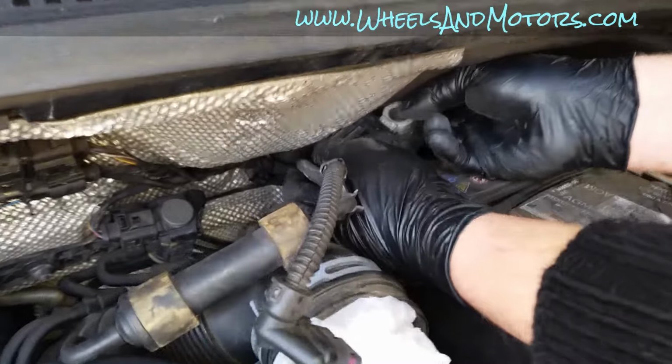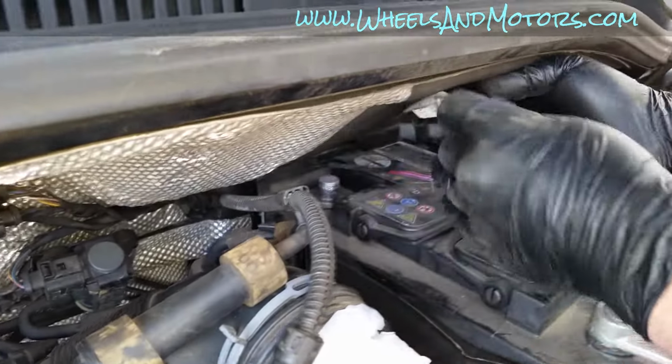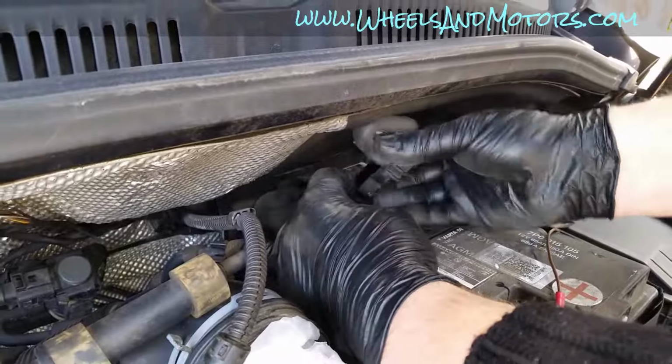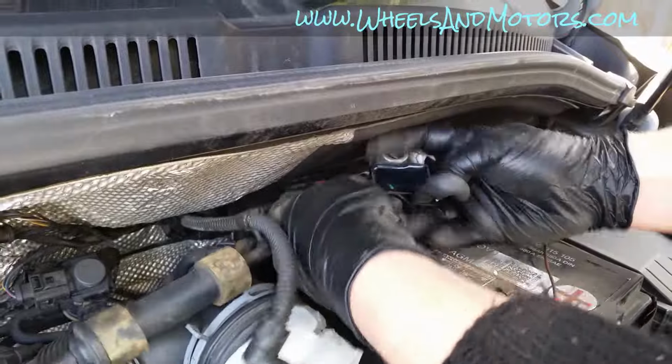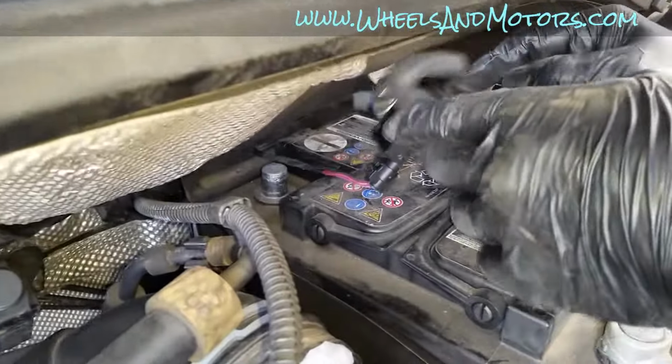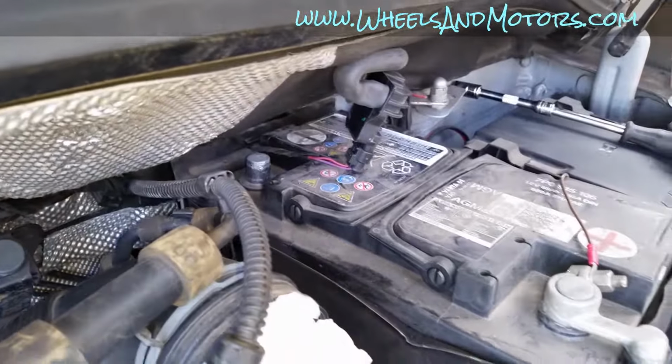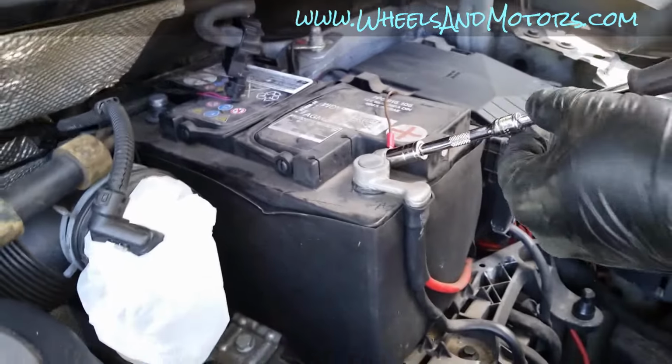Once you took it off, you can move it towards this side. There is a little connector. We'll just leave it like that. Make sure it doesn't go back. Now we can remove